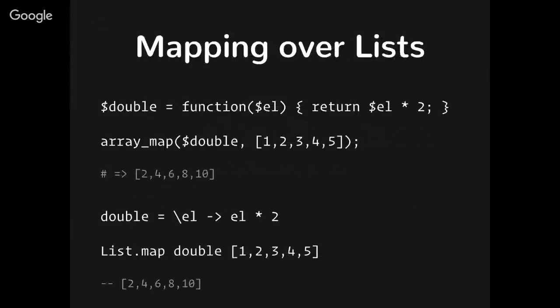So in PHP, if we wanted to do it by naming an anonymous function, which when you say it out loud, sounds kind of stupid because then it's not anonymous, right? But you're saying that this function, which I haven't given a name, store it inside this variable. Then you can pass that variable into array_map, and it still works exactly the same as how it did on the last slide. Elm does the same concept here. double equals anonymous function, and then you can pass in double.